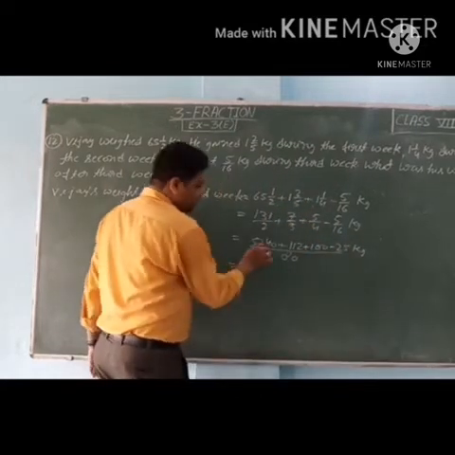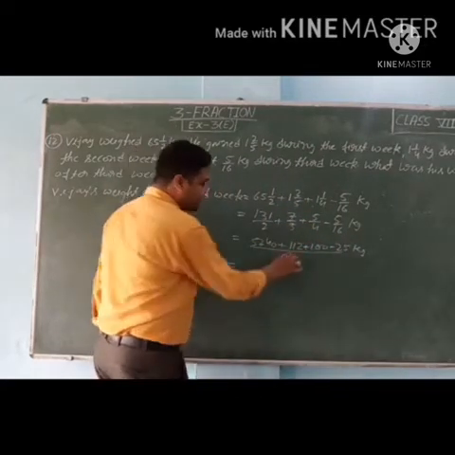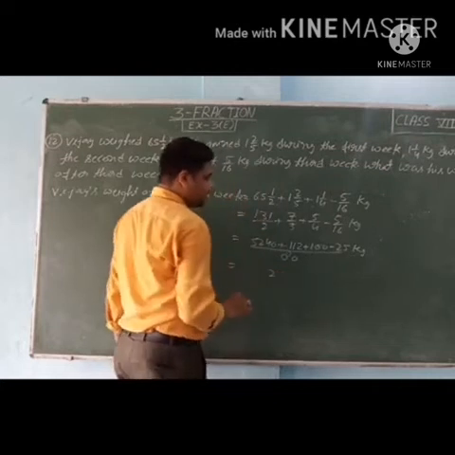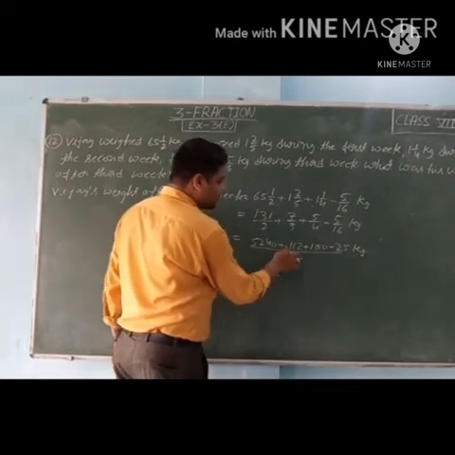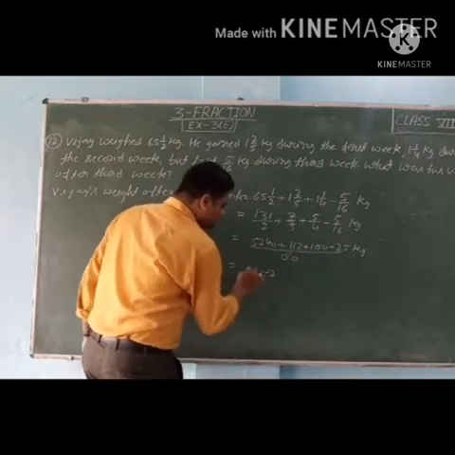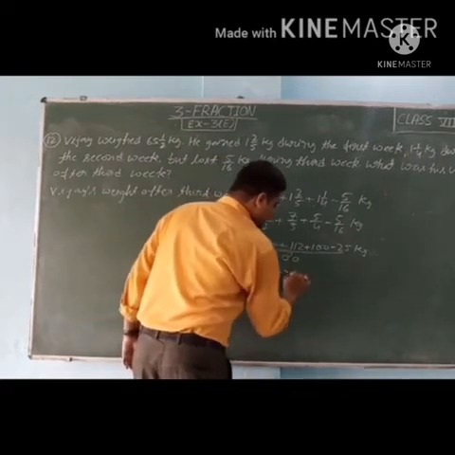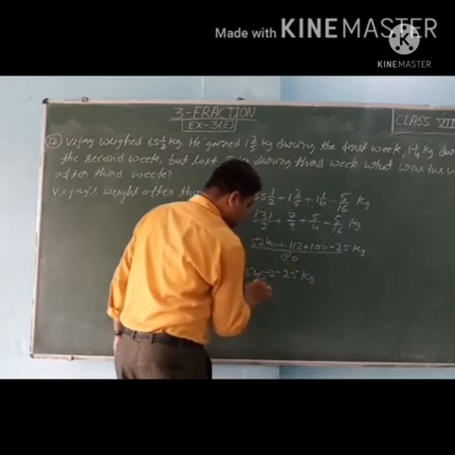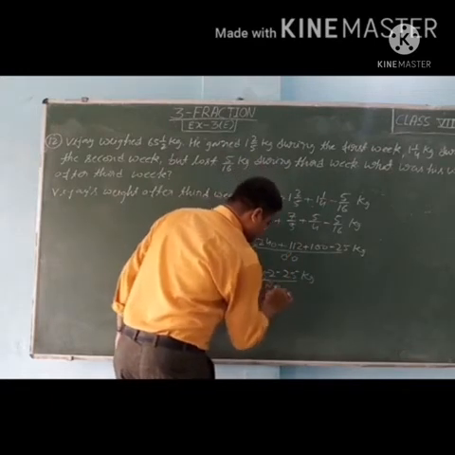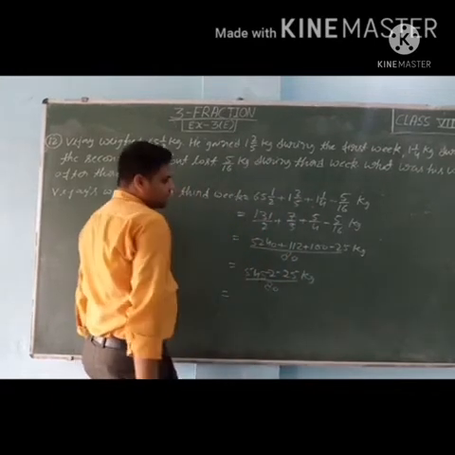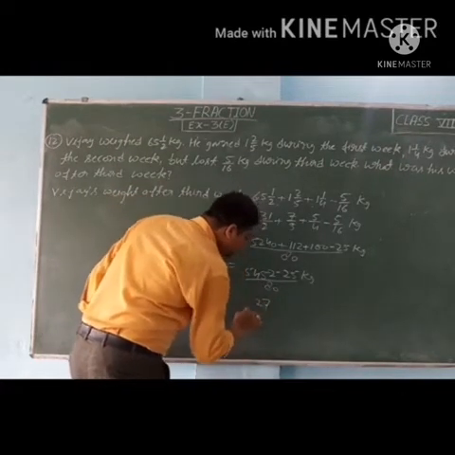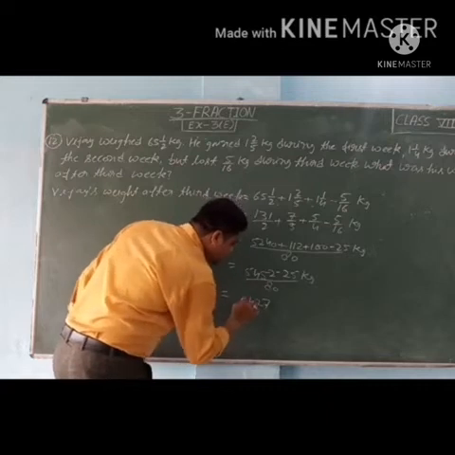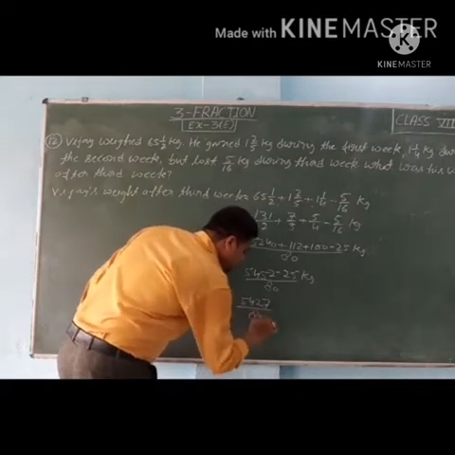So add all the positive numbers. What will we get? 2, then 4 and 1 is 5, then 2 1 3 and 1 4, then 5 as it is, minus 25 kg upon 80. So now we will subtract this. 10 to 12 minus 5 is 7, 4 minus 2 is 2, and here 4, and here 5 upon 80 kg.